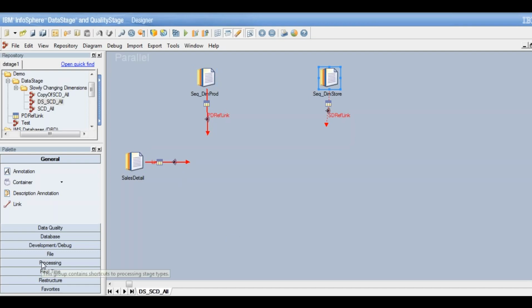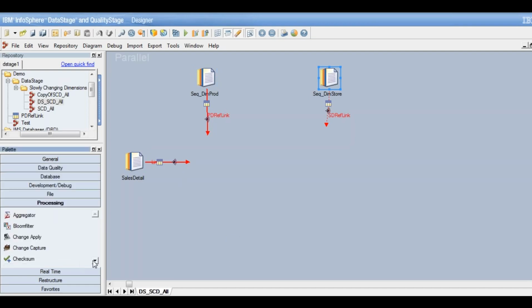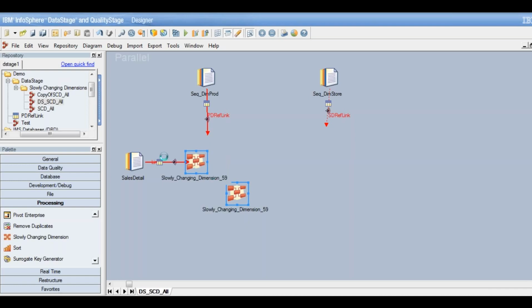So I can go to the processing category and there's a stage called the Slowly Changing Dimension stage. I can just use this here. So this will be my primary link and the dimension will be my reference link.